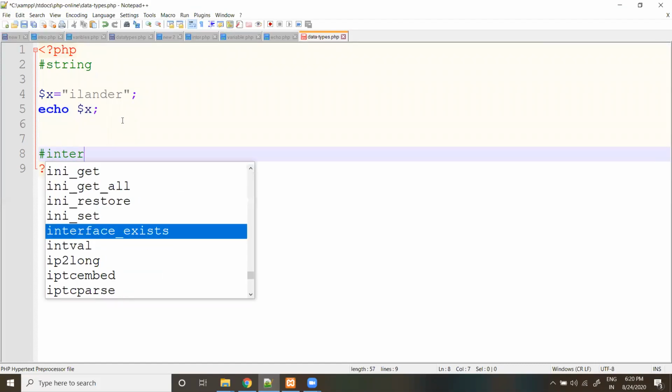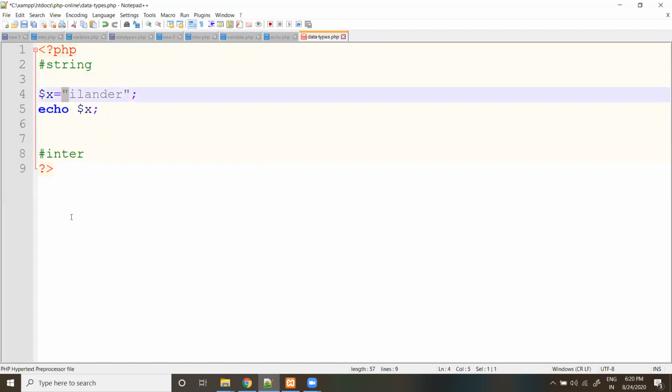A string is nothing but a group of characters, right? It must be indicated in double quotes or single quotes. And an integer is nothing but a number without decimals. If you give it like this, it's also considered a string. An empty space is also considered a string.